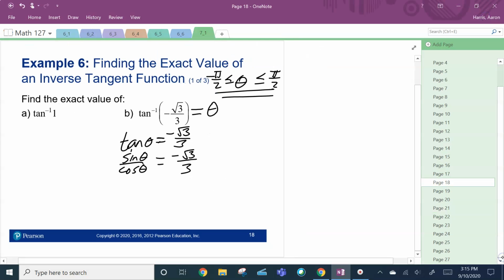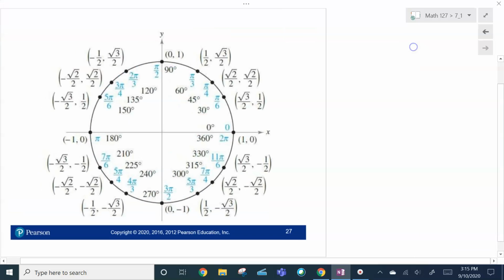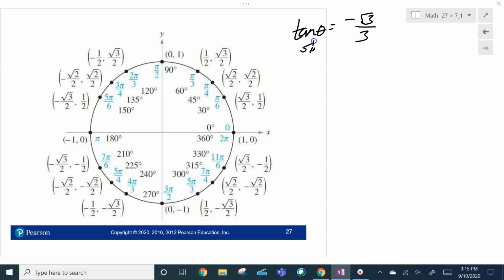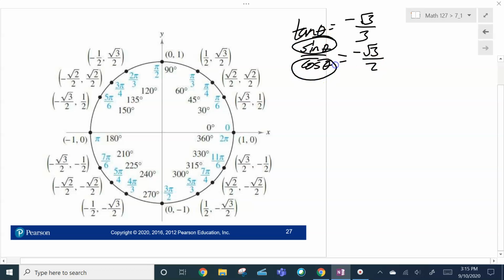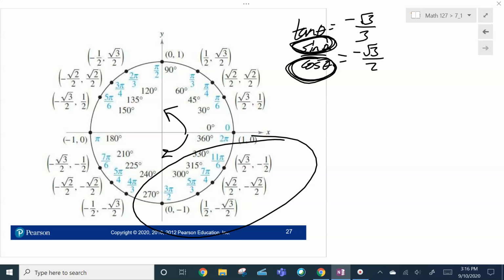So, in fact, let me skip down to, so I'm looking at my unit circle, and I say if the tangent of theta has to be negative root 3 over 3, the sine over the cosine, then either the sine's positive and cosine's negative, or vice versa, the sine's negative, cosine's positive. Well, we're only looking between here and here. So you got to be down here somewhere where your sine's negative and your cosine's positive. So you're like, well,